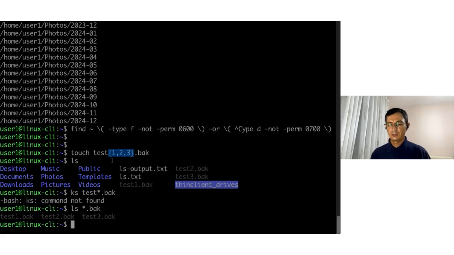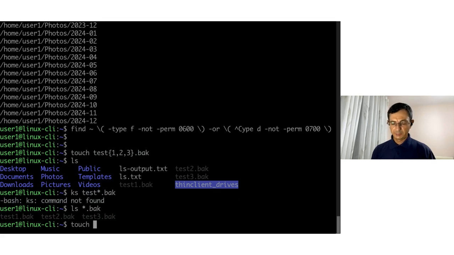We have seen it, curly brace shell expansion, and it is going to replace this pattern with 3 arguments, one for each item inside the curly braces. So this command is actually the same as typing